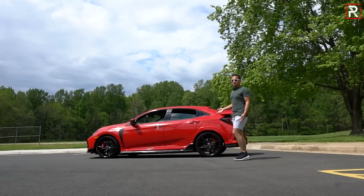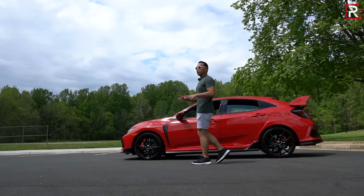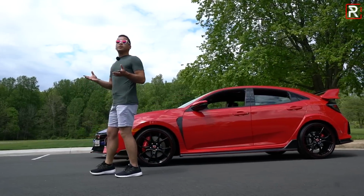Okay, so the styling changes that Honda made for 2020 are so subtle. It's probably the most subtle you're gonna see on a refreshed model. So just help us see the changes that Honda has made, I've brought along another Type R, the older one,